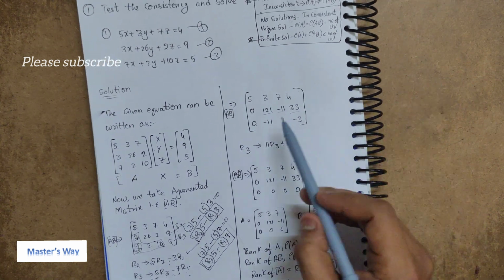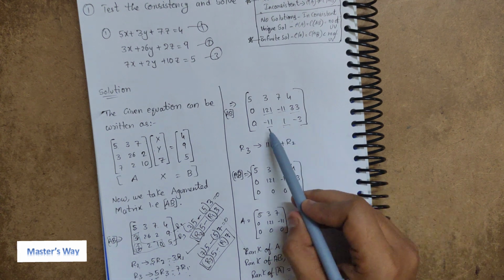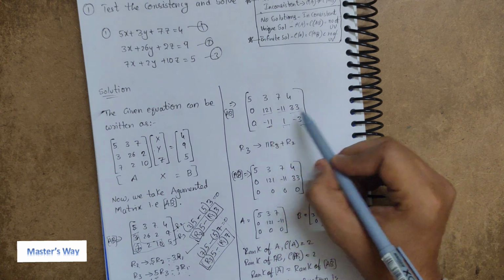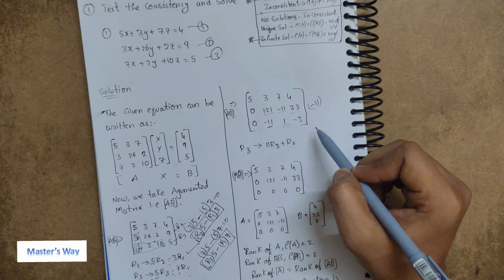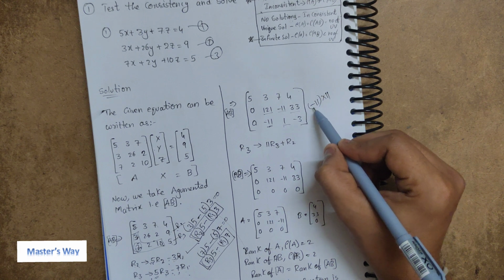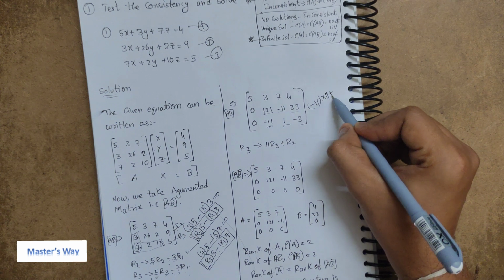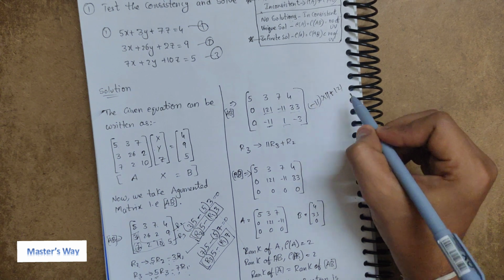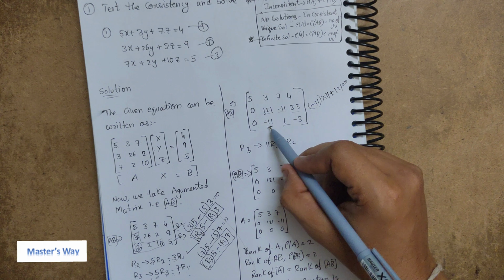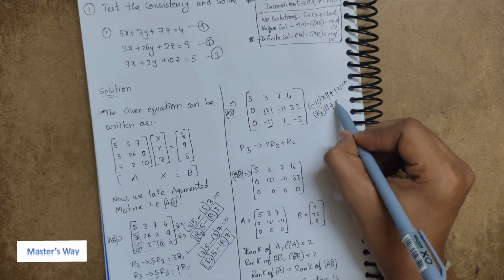Now let's try to make these 0, first we will try to make this thing 0. How can we make this 0? See, if we take minus 11 and multiply by 11, this will be minus 121, and we have in row 2, 121. So we just simply add, because here is a minus, add 121. So this will become 0. Done. So we can make this a 0. How did we make this? By taking the R3 element multiplied with 11, adding with the R2 element.